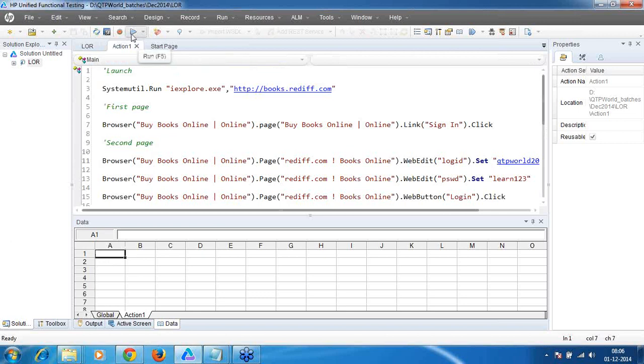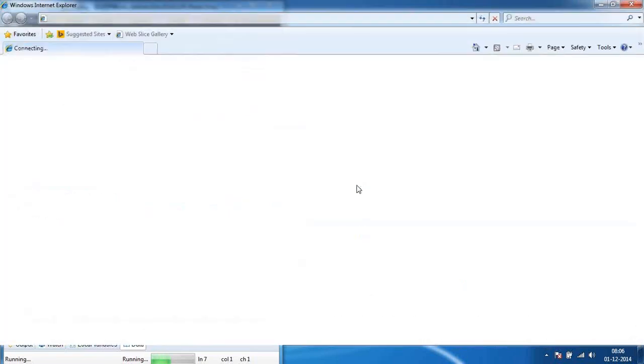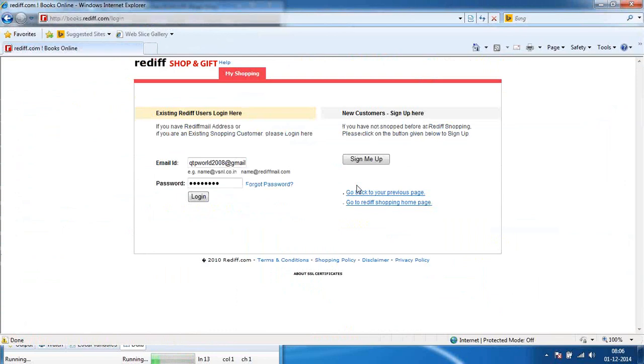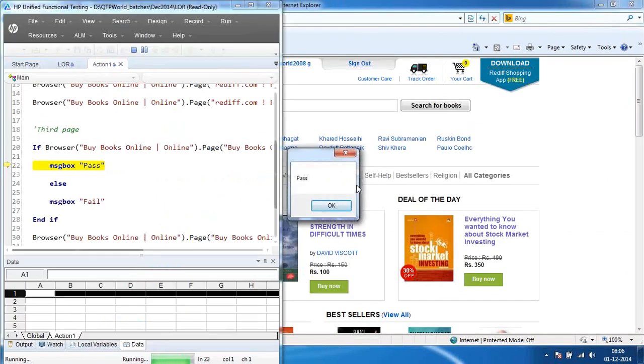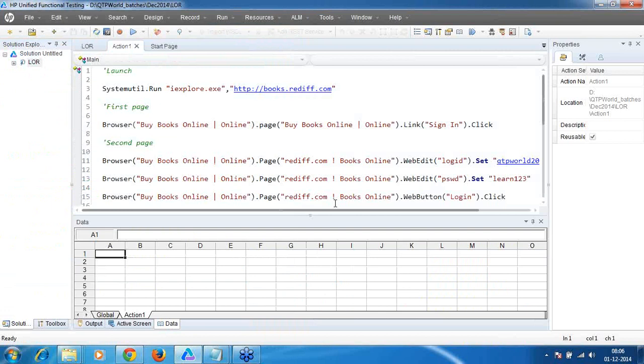So if I give a run now, it should execute completely and give me the result. Okay, it won't execute completely. Why? Because we have given a message box in between. Until you say okay for that, the execution will be stopped at that point in time. You'll be wondering how exactly I can control this message box. We'll be having things called log files, guys, where we'll be writing the result in the log files so that there is no interruption when it is executed. So you click on OK. Now it signs out and closes the browser. Now this is the first discussion with respect to the first test case.